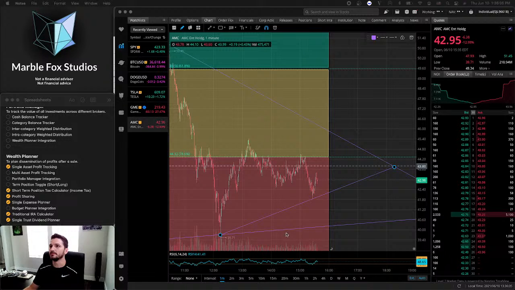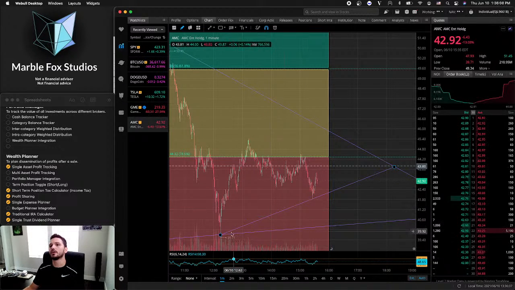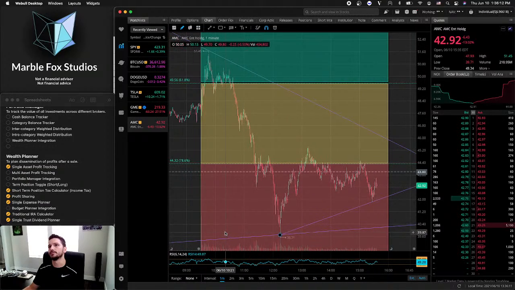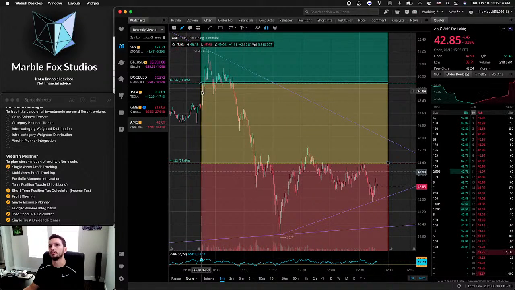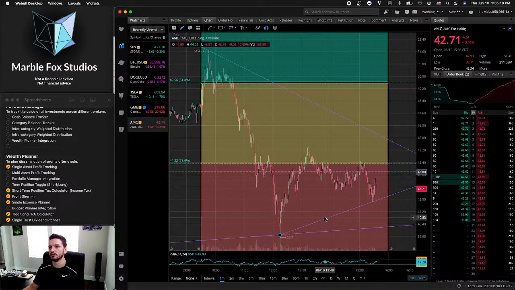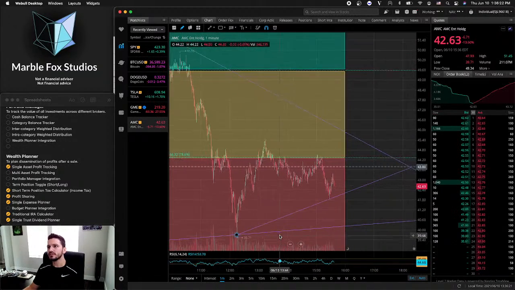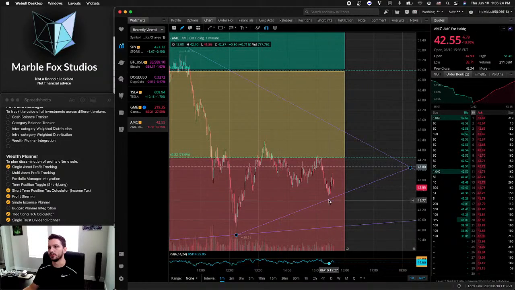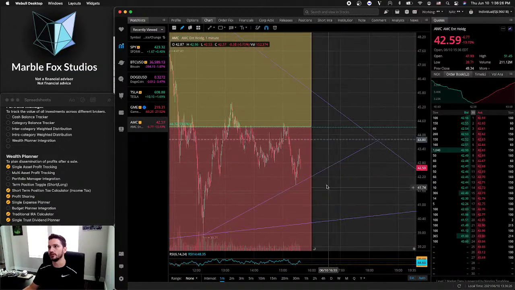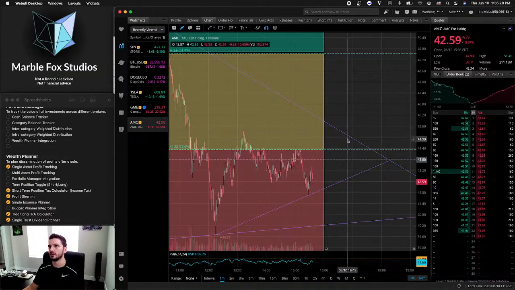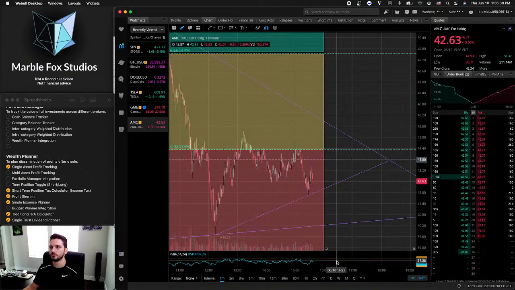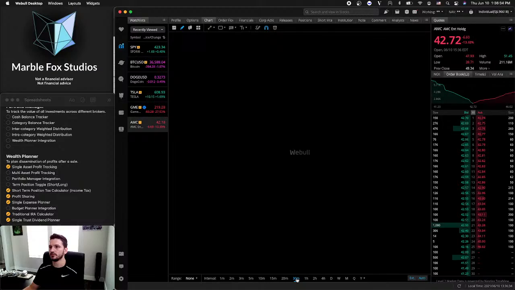Okay, so currently what we're looking at for price action is the 1 minute chart for the entire day. This is the start of the day. This is the day close. We bounced off of 39.71 and we are setting higher lows as we head up to the top of this wedge. And this wedge is pretty significant